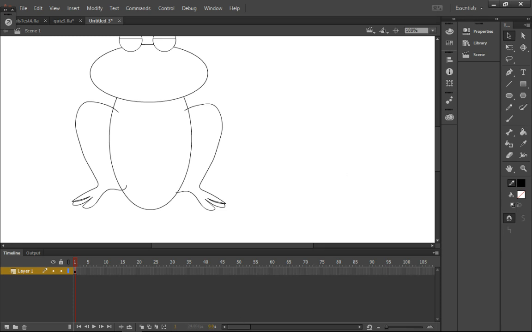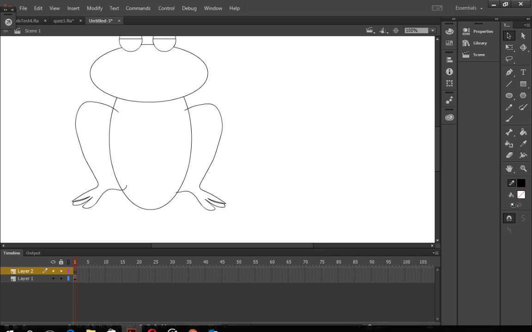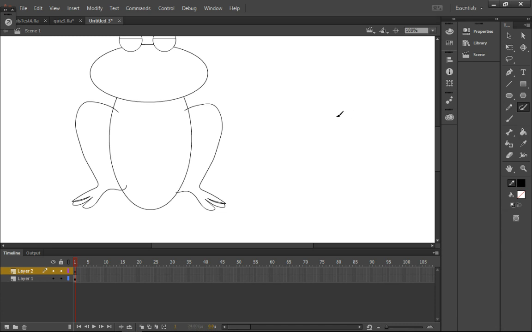So I'm going to create a new layer over the top, just for a working layer. Just going to use it so that we can draw the arms. So again, it's the same tool. And the arms basically are coming out like this. They're very thin, small hands, 3 fingers maybe. They're very, very thin,